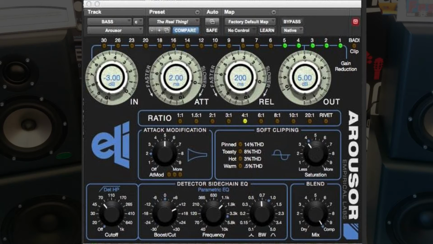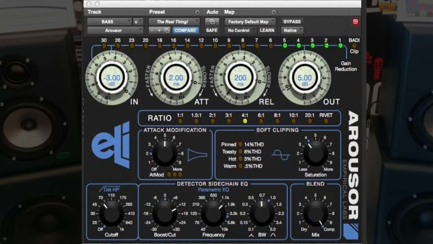And below that, we've got some EQ settings for the compressor. High pass filter going up to 1K. So here's a huge difference in the detector circuit, different from the distressor. I can't remember off the top of my head where the high pass filter is for the distressor, but I'm pretty sure it is not at 1K. So you can do a lot higher cutoff point for rolling off the low frequencies out of the detector circuit